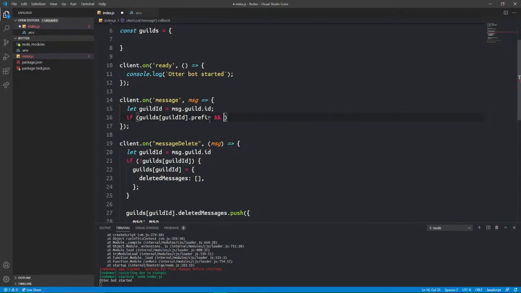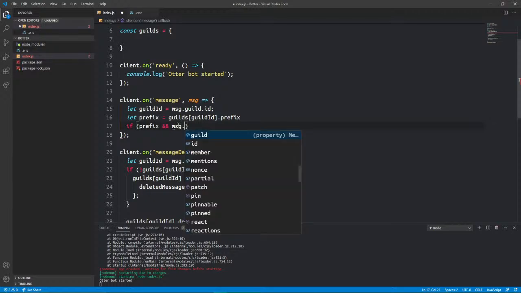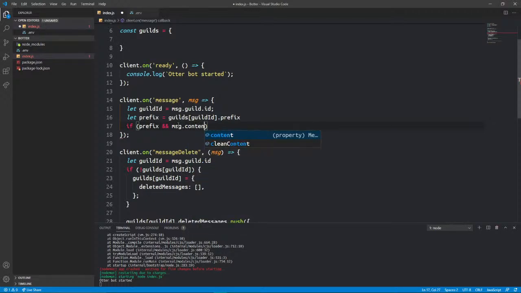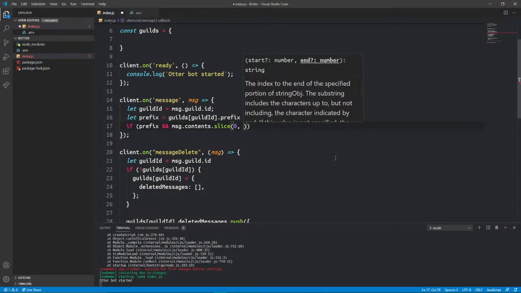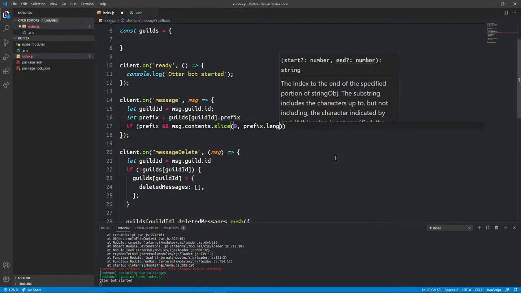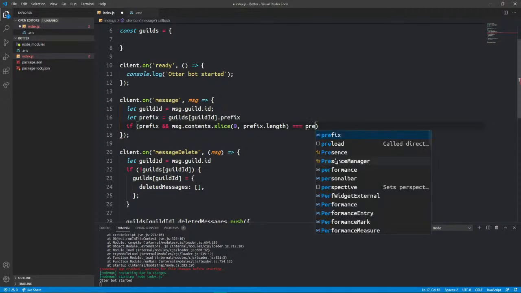Actually I'll do let prefix equals the guild's prefix. So if the prefix exists, and if message.content.slice, I want to slice it. So I want to start at 0 and end at prefix.length. So if that equals the prefix given,